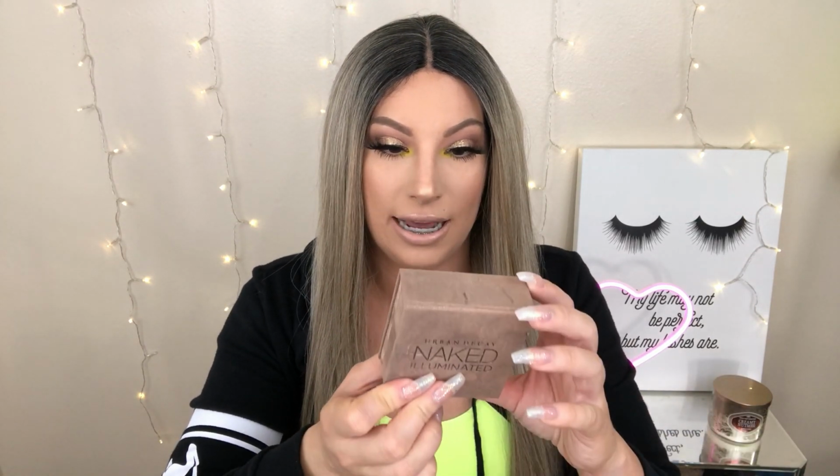This one is an oldie but goodie. I think they still sell these. So my dad bought this for me when it launched years and years ago, but it's still in my favorites for 2018 because I find myself still using these consistently. This is the Urban Decay Illuminated. This is in Luminous. I have it in Aura and some other one too, but it's just beautiful glitter baked